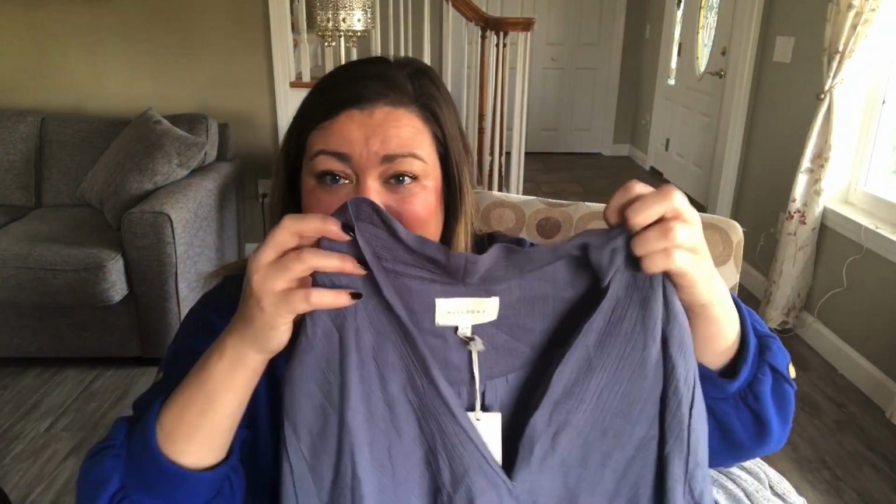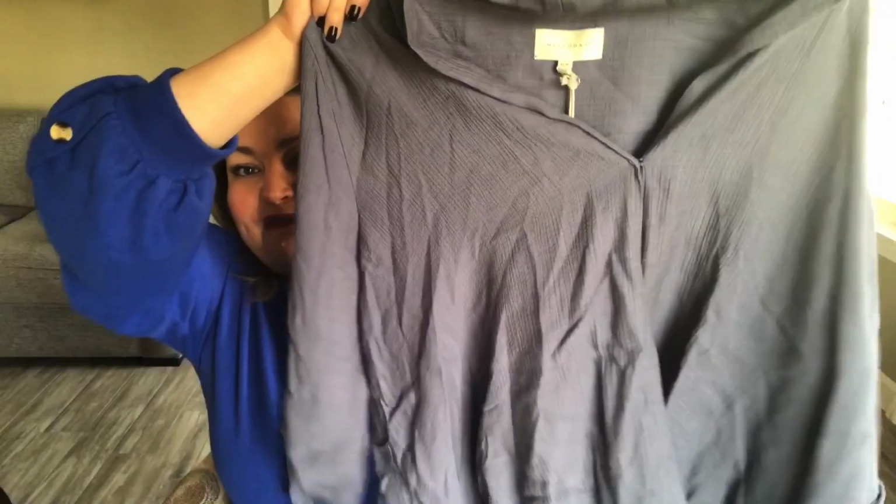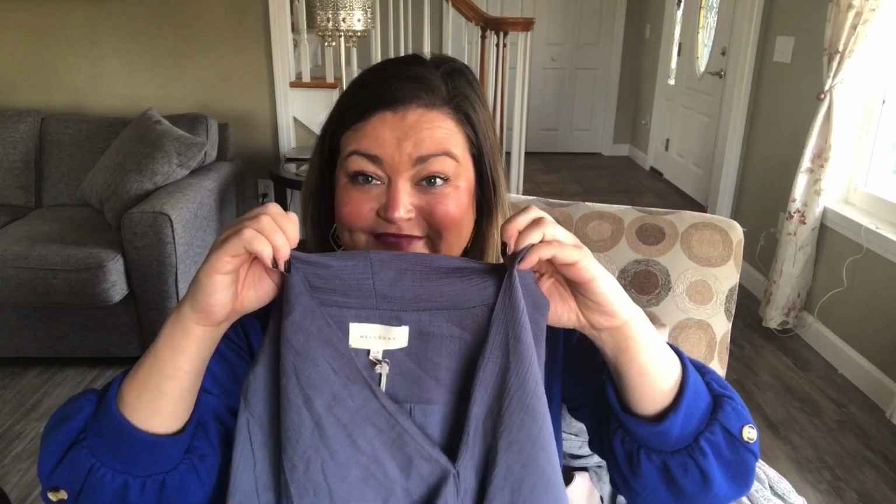I just don't know that I cared for the collar, and the material, I love how breathable the material is, and I know I can iron it out. I don't mind ironing. I know I'm crazy. I love to iron. I really do. But I just don't like my stuff to look wrinkled throughout the day. I don't know. I might be sad to send this back. I was so hopeful for this one too because I love the concept of this one too, but I gotta figure out this collar. I don't know, but my keepers, what I'm thinking is the denim, not the denim,